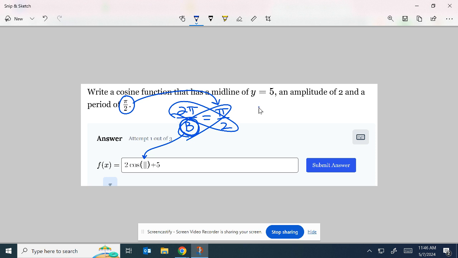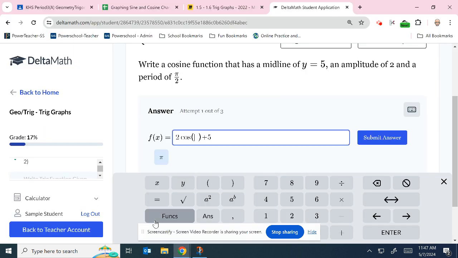2 pi times 2 is 4 pi, and b times pi would be b pi. And so divide by pi on both sides, and the pi's cancel out, and your b number is a 4. So it's going to be a 4x that goes in there. We knew there had to be an x in there because f of x, and then we have to put a 4 in front of it and multiply it because the b came out to be a 4 right there. So go back and put 4x in there,